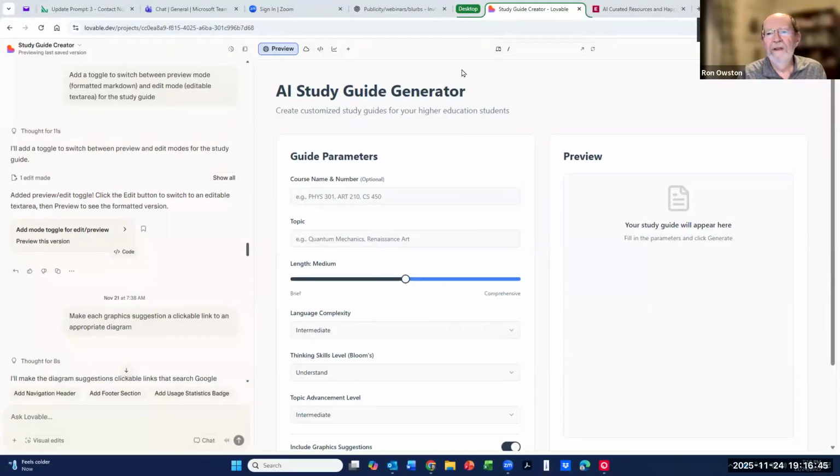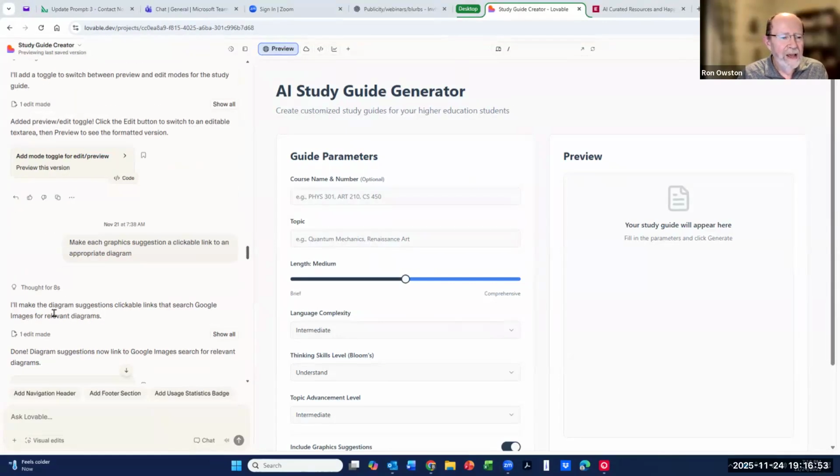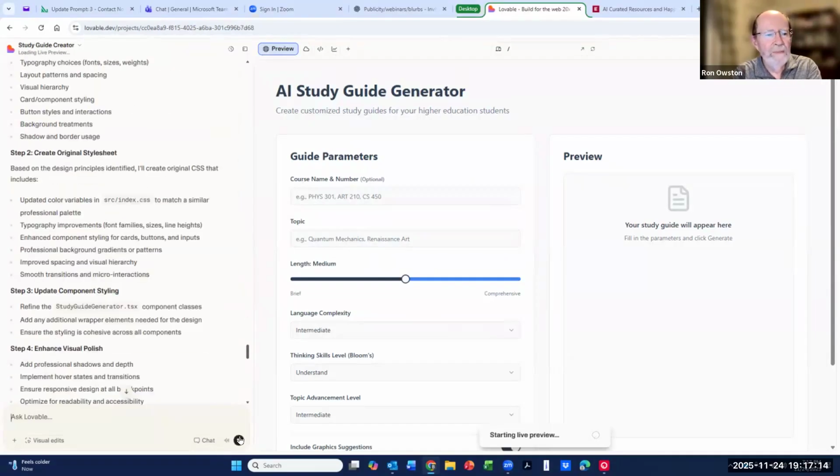I've got my screen back here. I just had a bit of a problem. So here's the inside of Lovable. You saw this tool for generating a study guide, and all you have to do here is tell it what you want. Now I can say, change the specialized language to black, and it's going to go off and do it. You can create a whole website just with ordinary everyday commands.